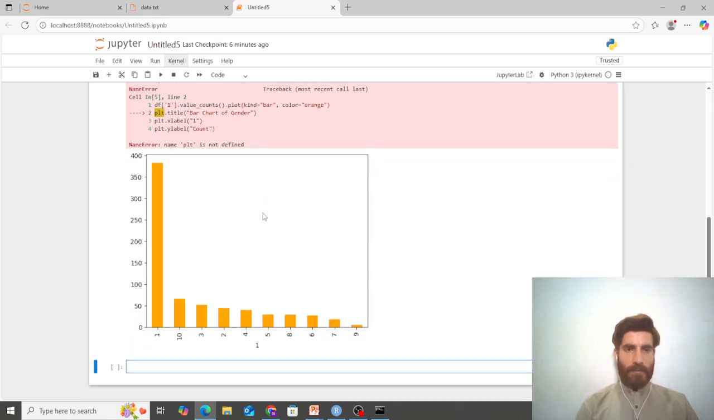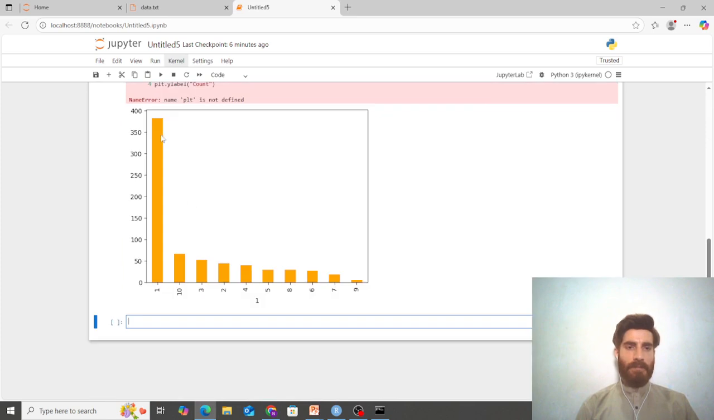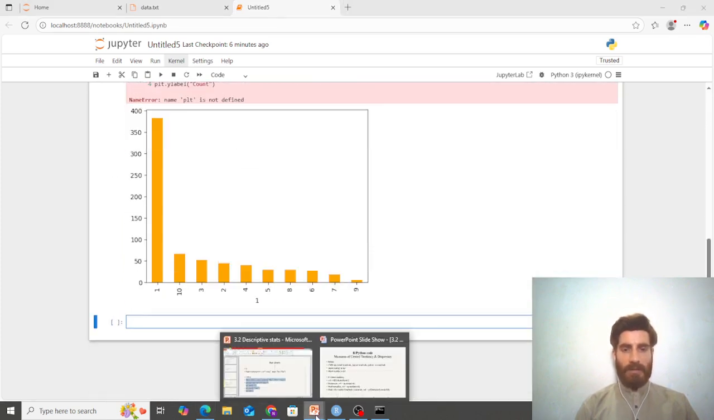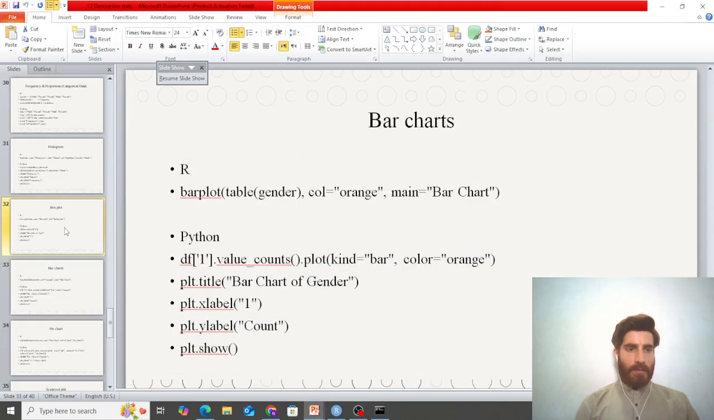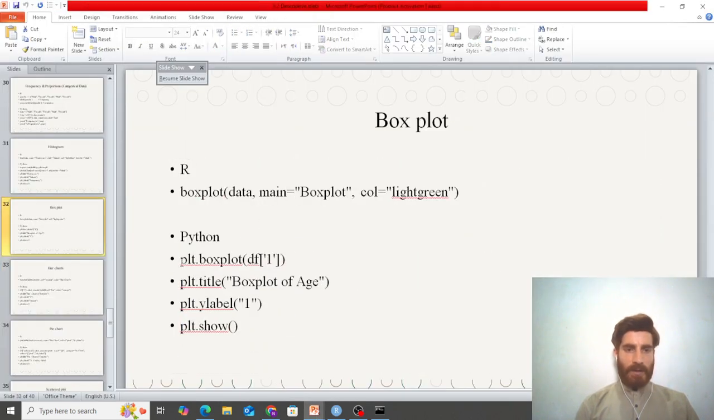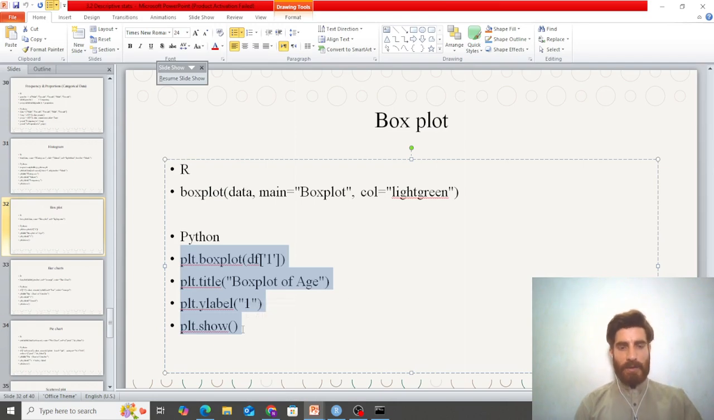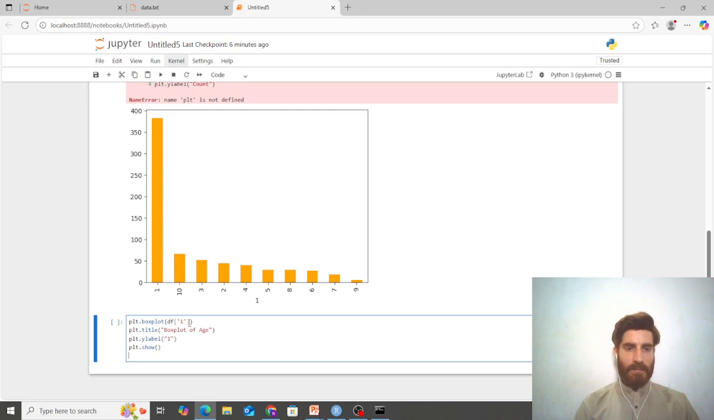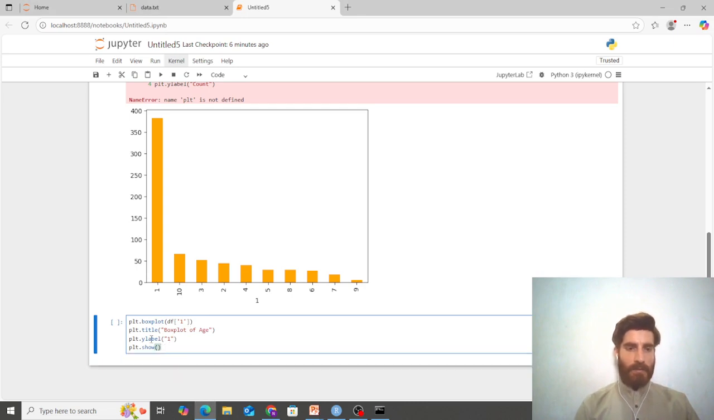Okay, now this is our graph. You can see here that the bar plot is being made. Now coming to our box plot in Python, this is the code for box plot. If we use this code, this is our data and this is our column, this will be our title, this is our x label. So if we run this code,